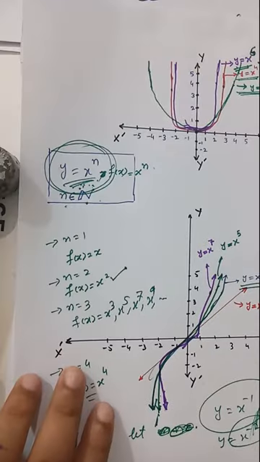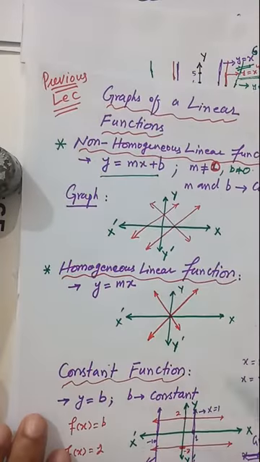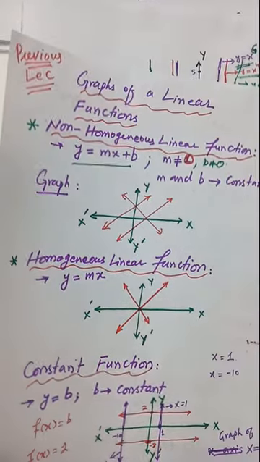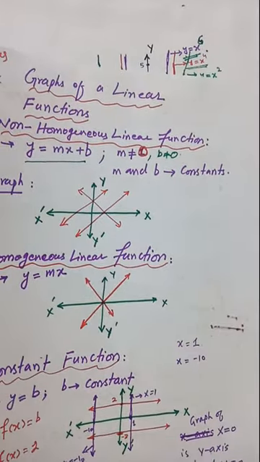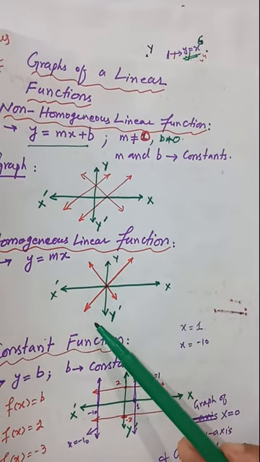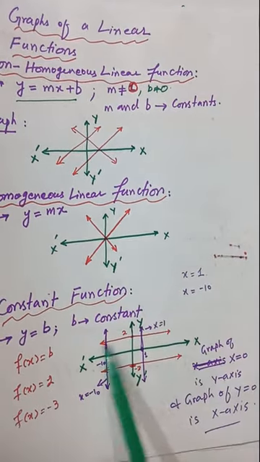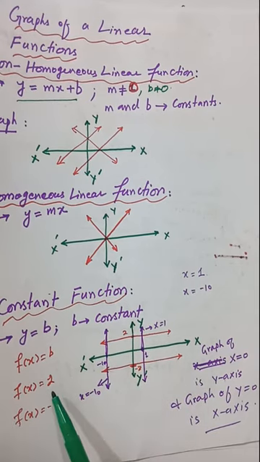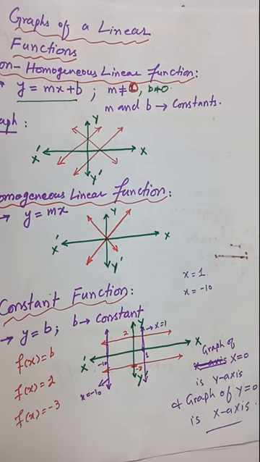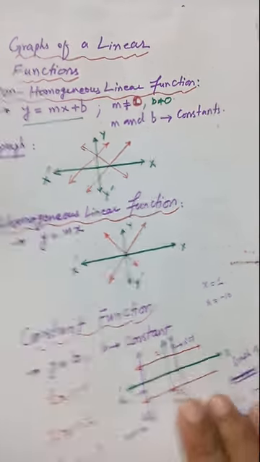Up to now you know the shape when you have a straight line, non-homogeneous, so that is a straight line not passing through the origin. When it becomes homogeneous, that will be the shape of the graph. The horizontal straight lines are the graphs of the constant function. Vertical straight lines are the graphs of x = some constant value. So you must remember the shape.